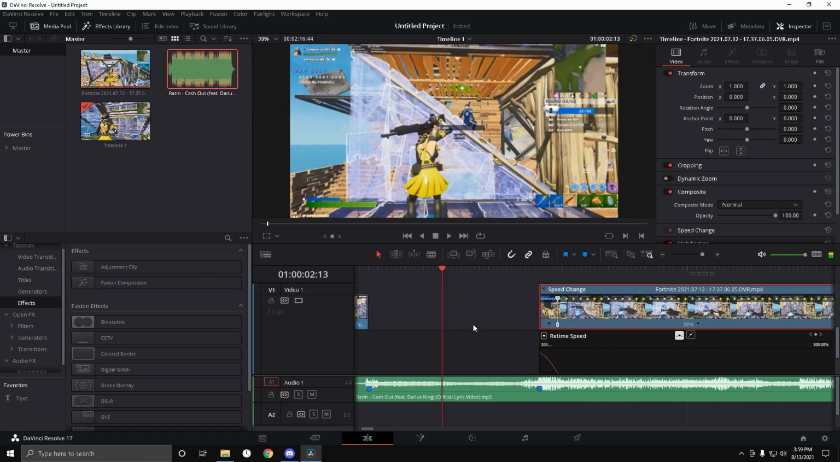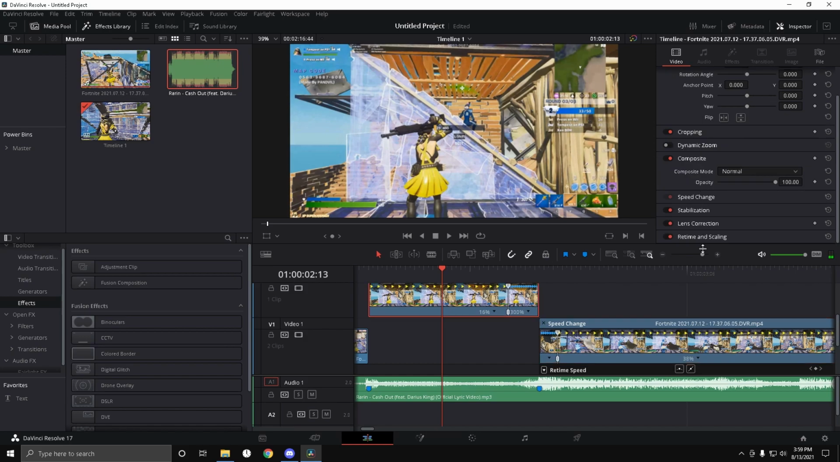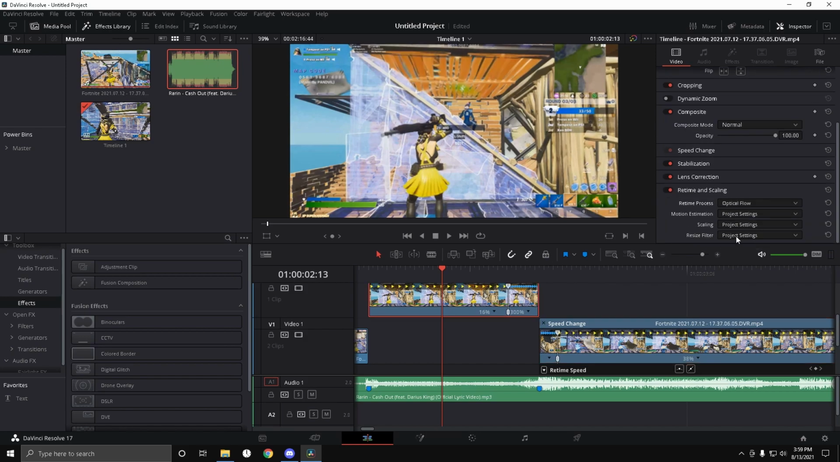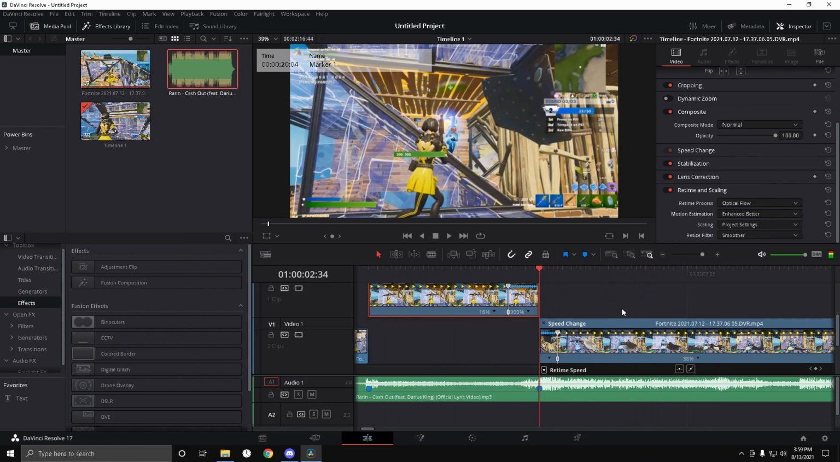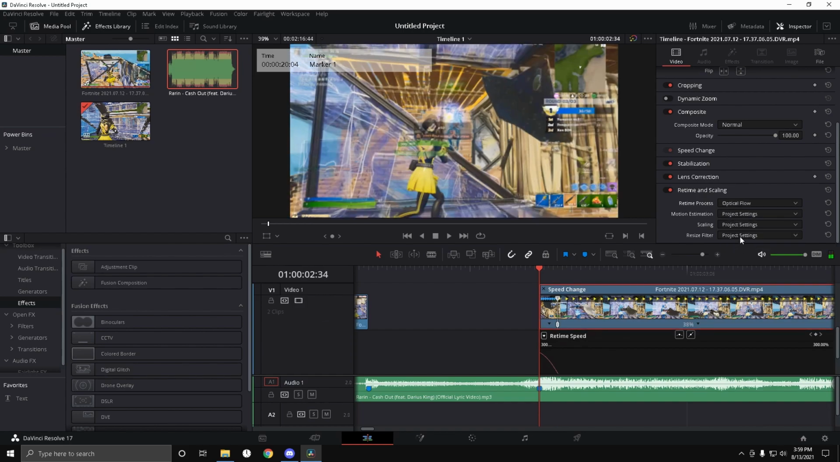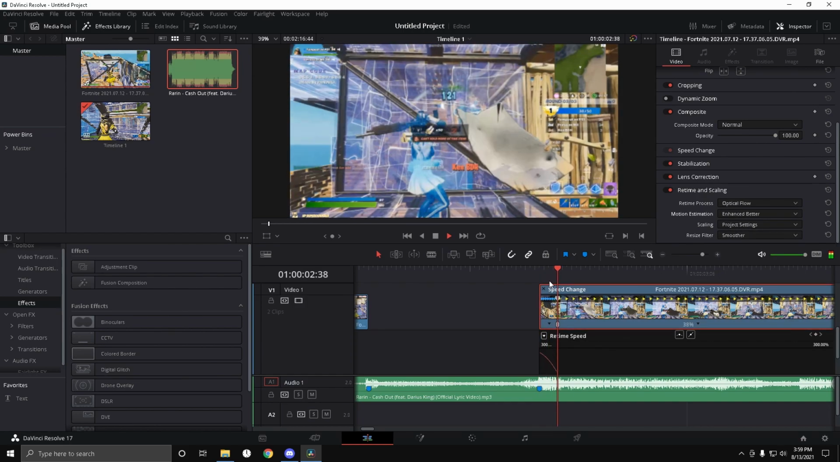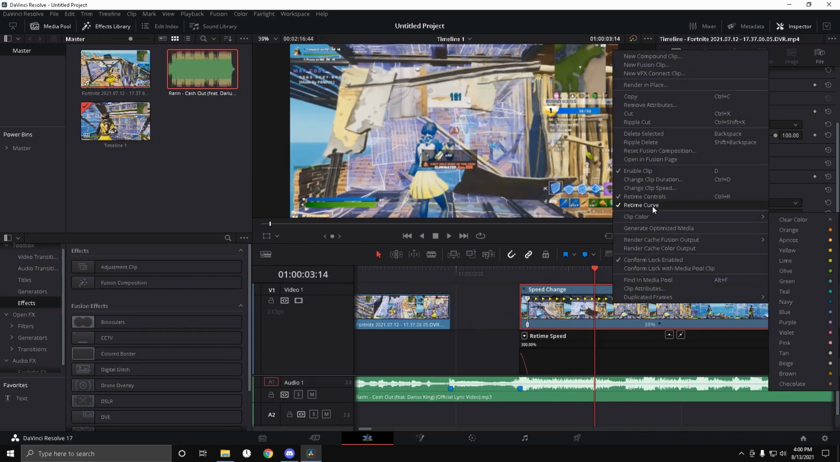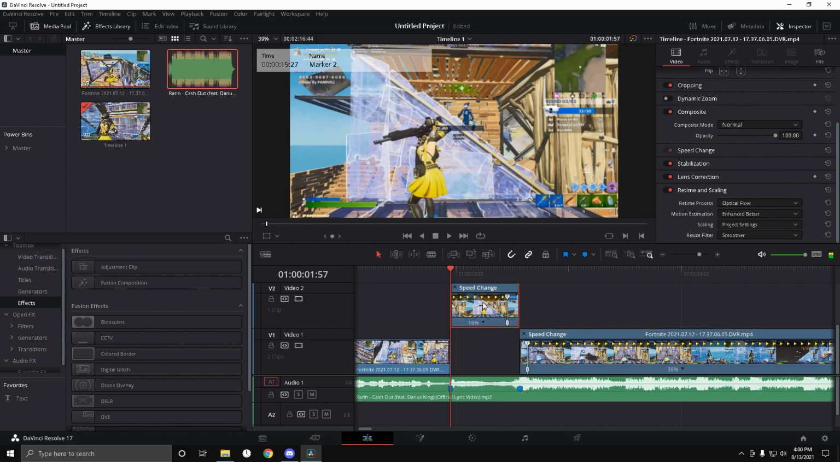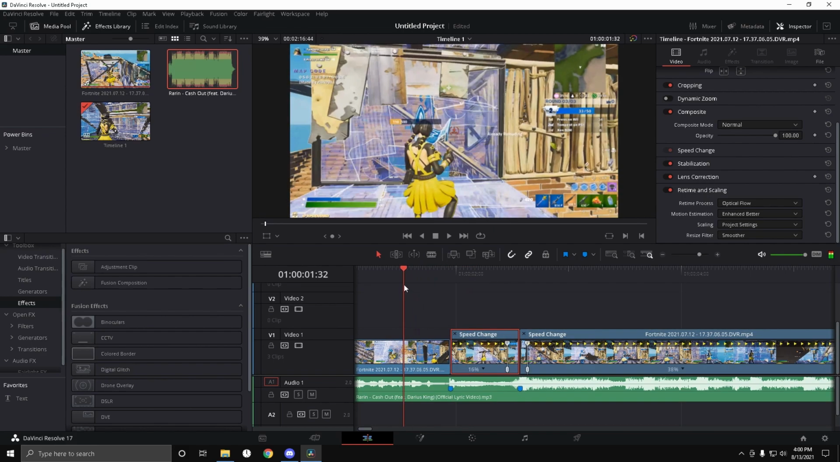And as you can see, it's choppy. So now you want to click on this and go down to retime and scaling and click optical flow, smoother, and enhance better. This will make it really smooth. And you do the same for the on kill effect. So there. And the optical flow can make it a little laggy, but it will eventually settle down. And now you just want to drag this part back down, and that's it for the